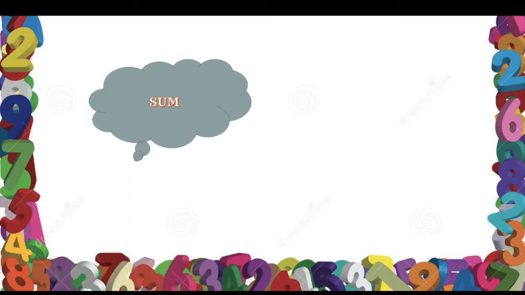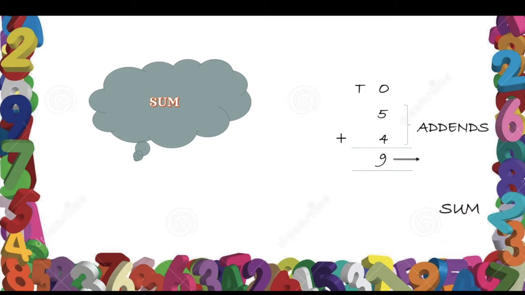The next term is sum. What is sum? Let us have an example here. Here we are adding 5 and 4. So while adding, what symbol should you use? You should use the plus symbol. So 5 plus 4. 5 in your mind, 4 on your finger. After 5, 6, 7, 8 and 9. 9 is the answer. So as we discussed earlier, 5 and 4 are called addends and 9 is called